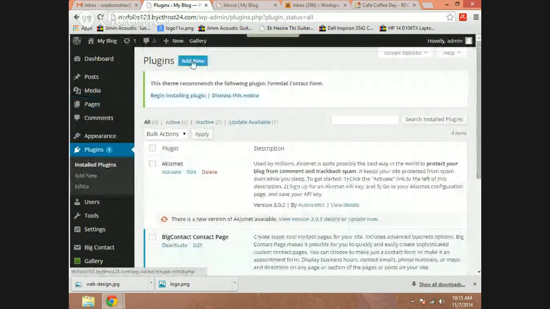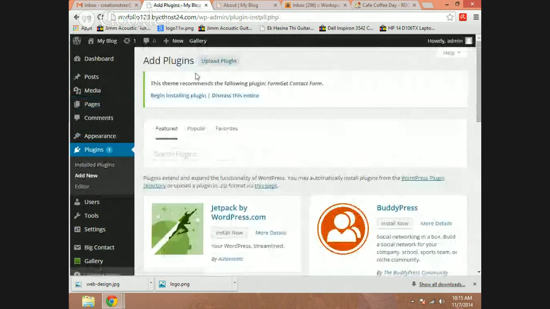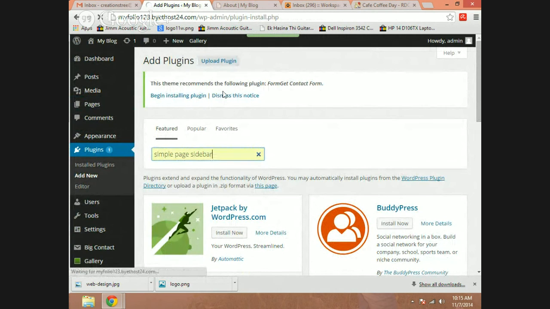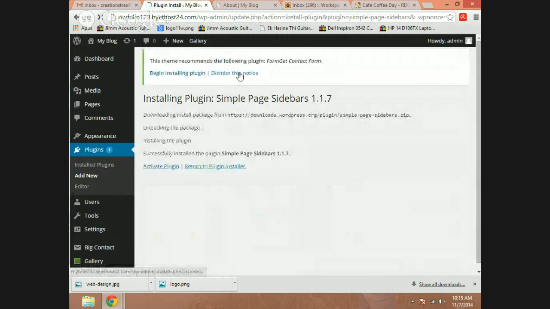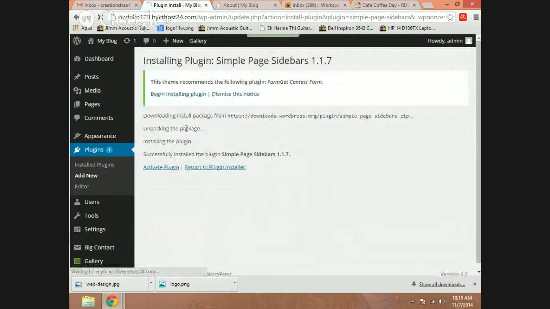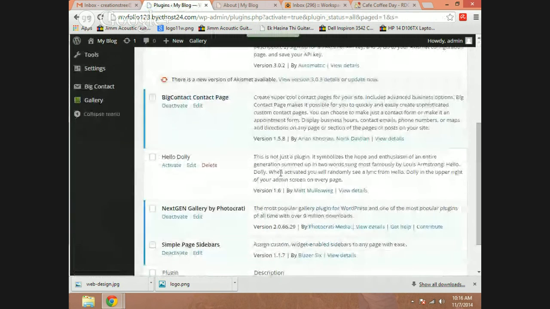Again, it's missed the plugin I used. Let's again install it. It's Simple Page Sidebar. Click on OK. Activating plugin. Once it's done,